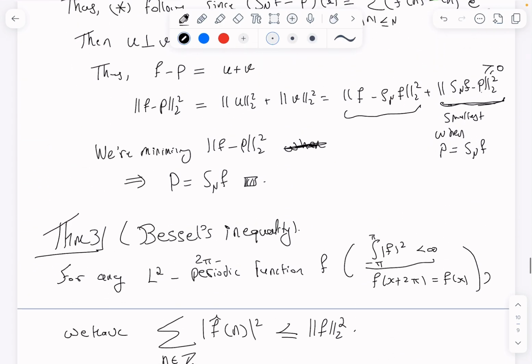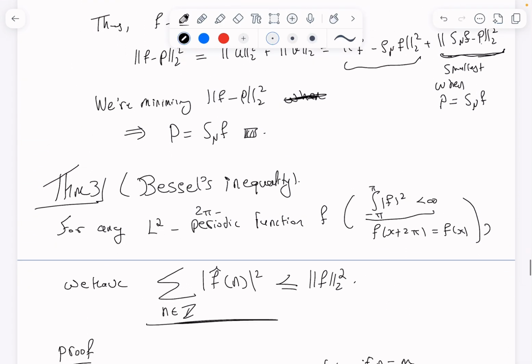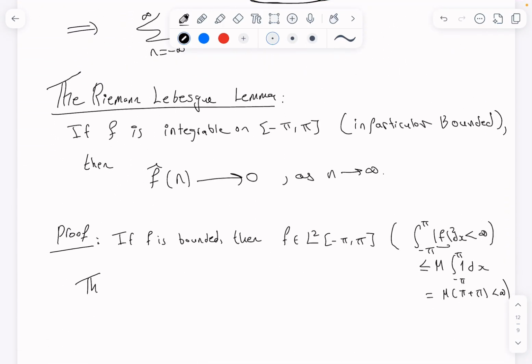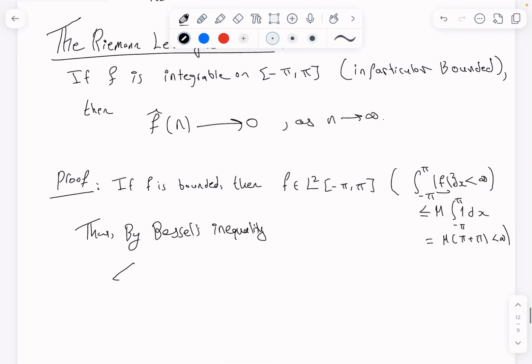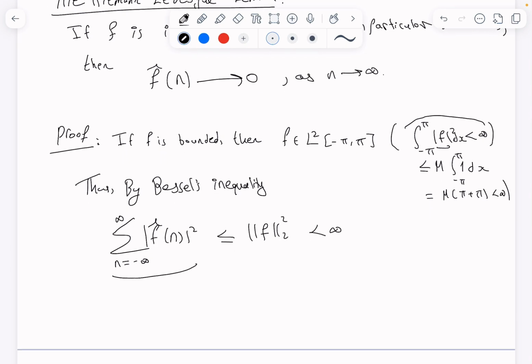It's in L2, and thus we can invoke Bessel's inequality. So we can invoke this inequality, thus by Bessel's inequality. Here I'm writing out the details for completeness, but the proof is clear. Bessel tells us that the sum of these squared is less than or equal to the L2 norm squared, right? But we know the L2 norm is finite because this is finite. So this series over here is finite, but its terms are non-negative, bigger than or equal to 0. And then by the nth term test,